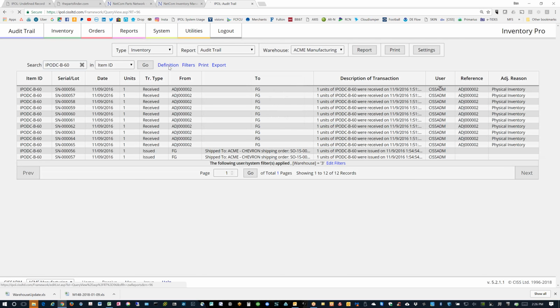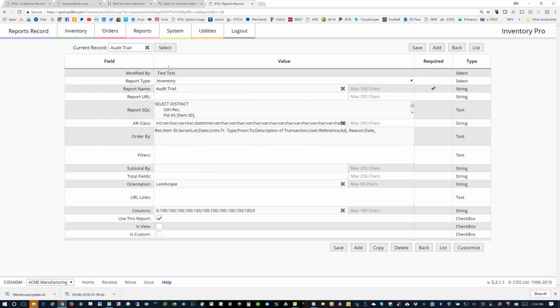So if you click on definition here, Ben's going to have to jump in soon because I'm going to get over my head. But every report, this is the SQL script basically that makes up the report. And if you know the database and you know SQL,